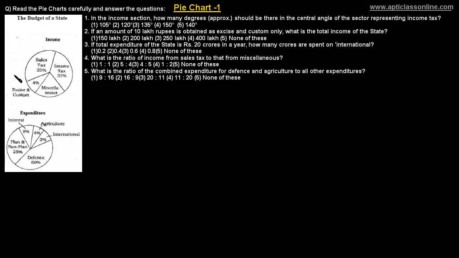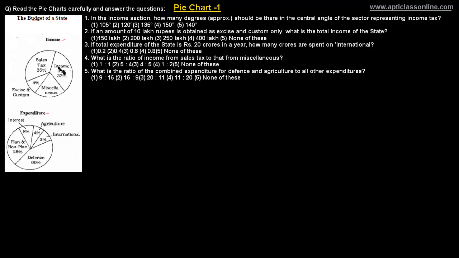So this is a pie chart. A pie is basically a circle. A circle is known as a pie. So there are two pies, two circles drawn here. First of all, let's read the heading of this pie, the budget of a state. So this pie chart gives us information about the budget of a state, and there are two heads, income and